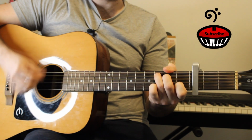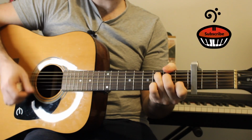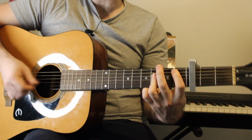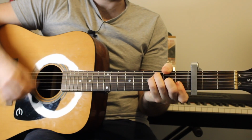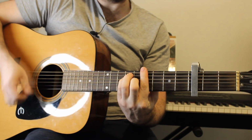So let's just go over those chords one more time to make sure you've definitely got the right order. So C to the B flat, then back to the C, to the B flat, we move down to F, G, then the A flat chord,